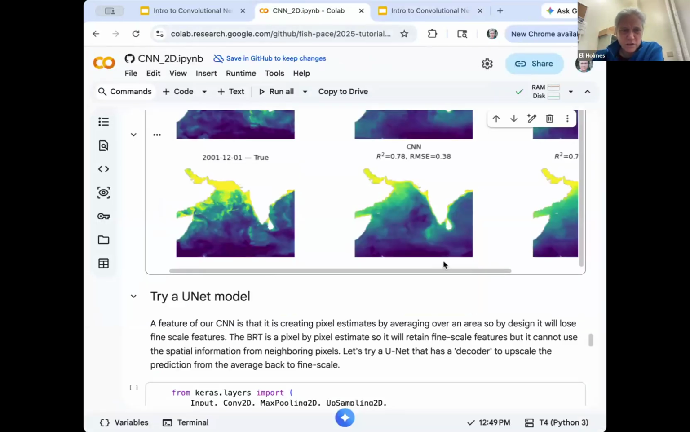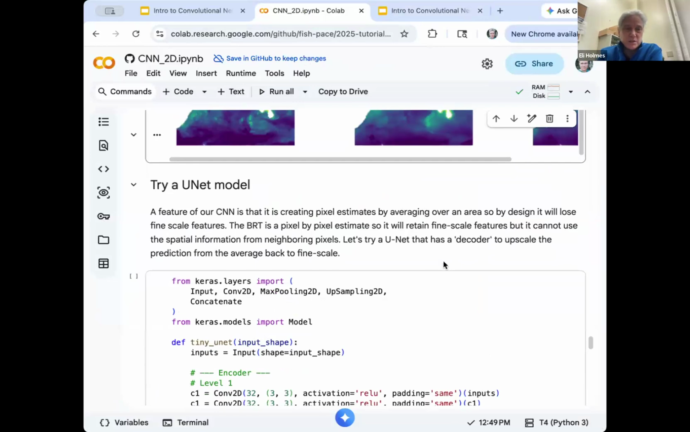Okay, so I want to talk a little bit about UNet models because they are very popular within the earth sciences. You may have heard them before if you've watched talks or seen papers using convolutional neural networks. So what is different about a UNet model is that,